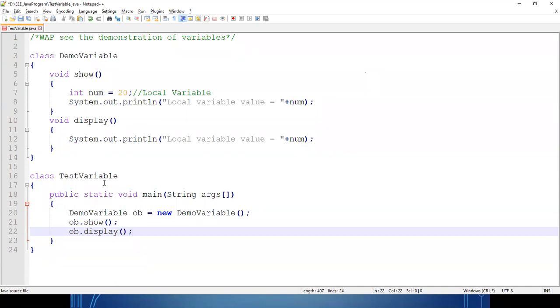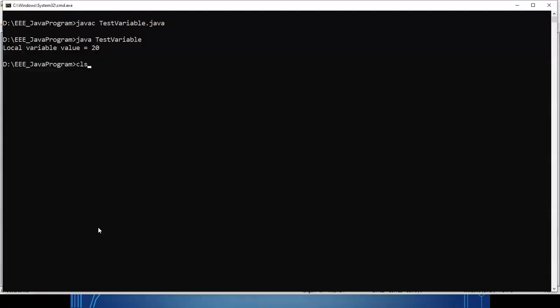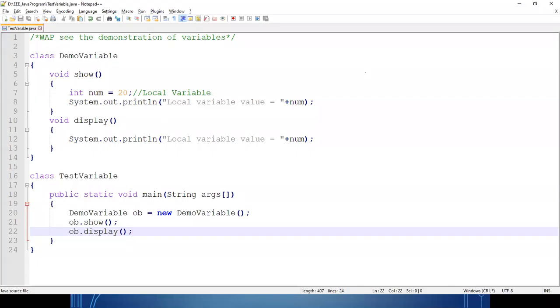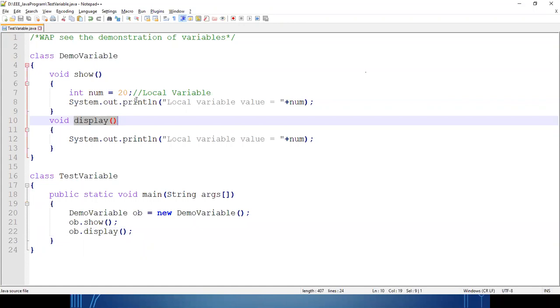Let's check. See the message: cannot find symbol num. So num is not visible to the display method. Why? Because it is declared inside the show method, and its life, its scope, is limited to the method where it is declared. Clear?